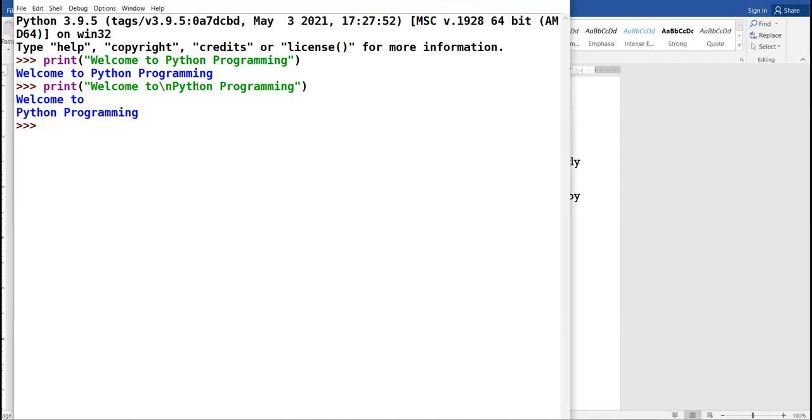Now see the output. The number of times you put backslash n within your message, that many times you will move to the next line.